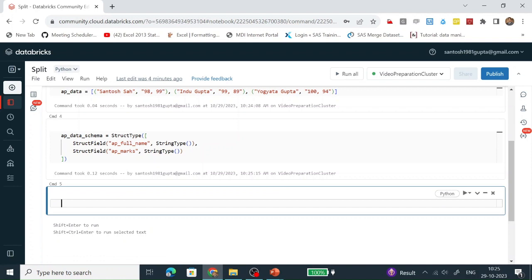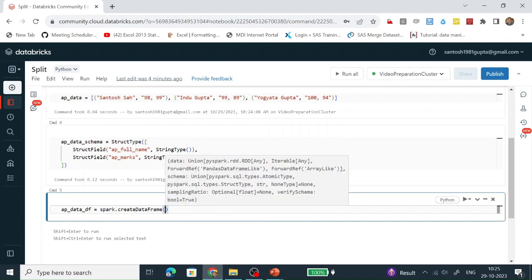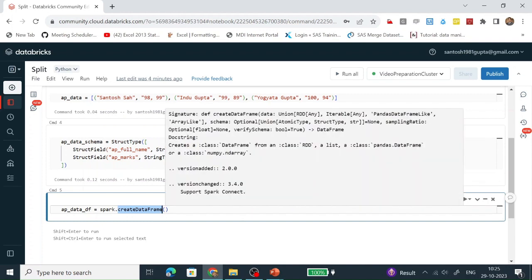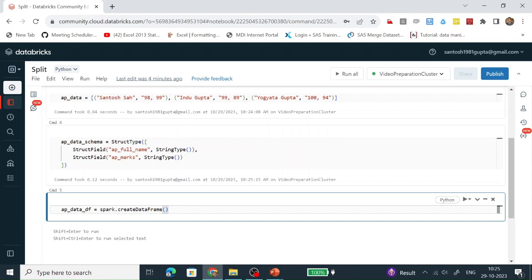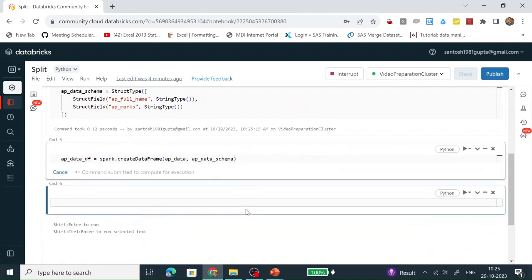Let's create a data frame with the help of the createDataFrame function. Here we are creating a data frame with the help of the spark.createDataFrame function, with the list variable which we have defined and the custom schema which we have defined here. Let's run it.